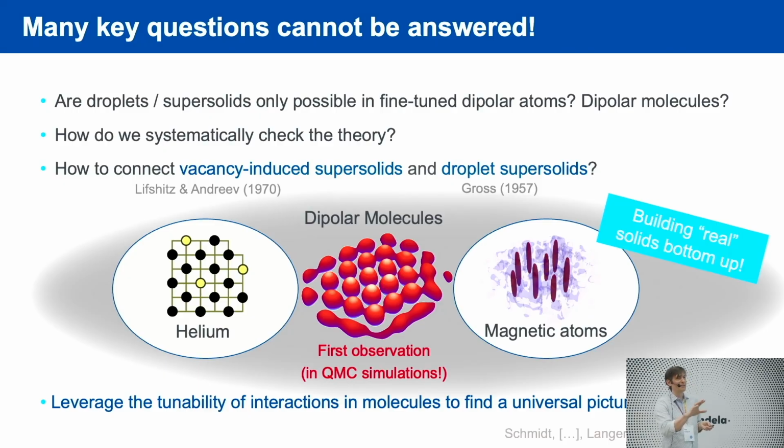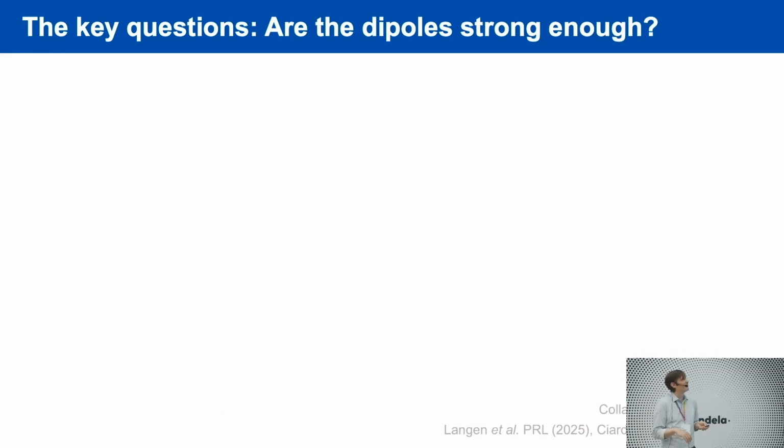I promise I will be quick. First of all, this is very interesting from a fundamental point of view, because this is now really assembling a solid. It's not like in an optical lattice or anything anymore, where you would put single particles with unit filling on a lattice, but it's really a perfect crystal that is spontaneously forming because of the dipole-dipole interaction. So I guess that is the new kind of emergence that we were talking about yesterday.